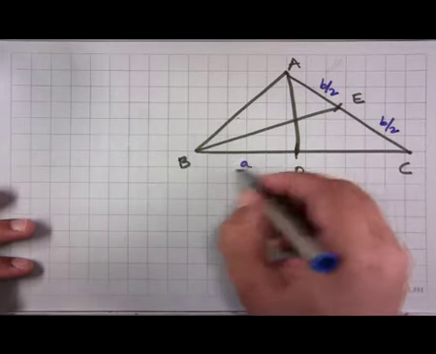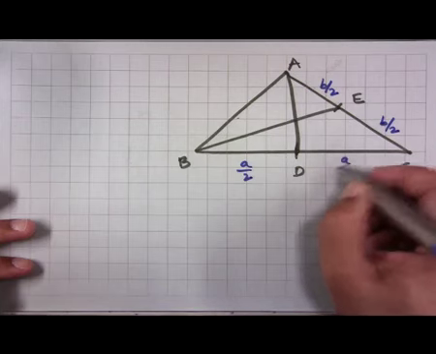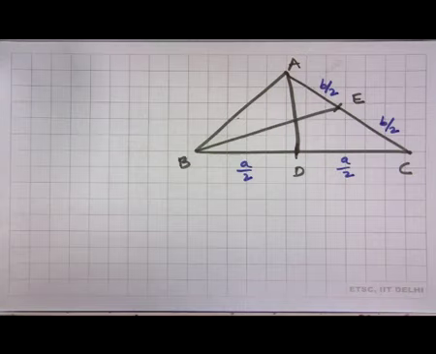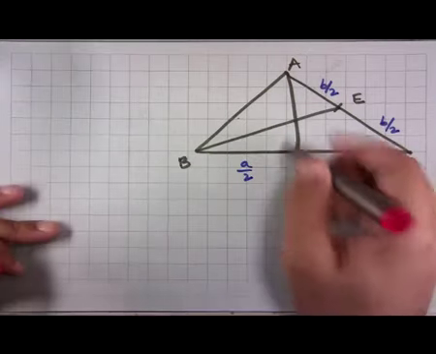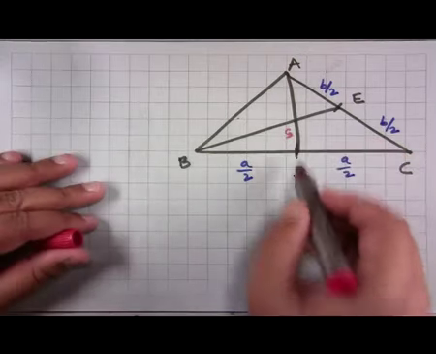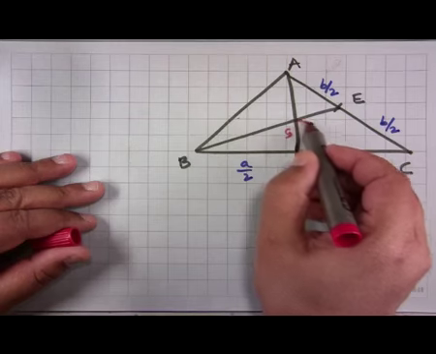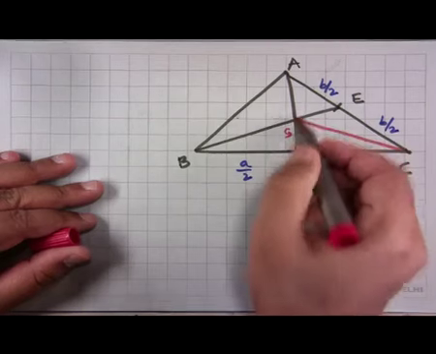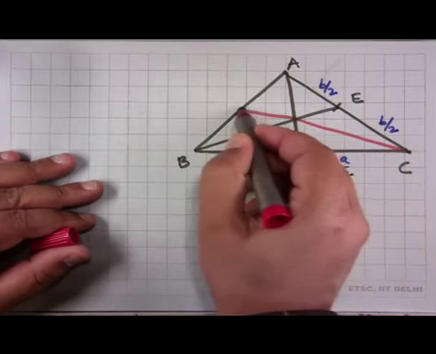Of course, this is A by 2 and this is A by 2, and then what we do is that we join this point G to the vertex C, and then also extend it further,